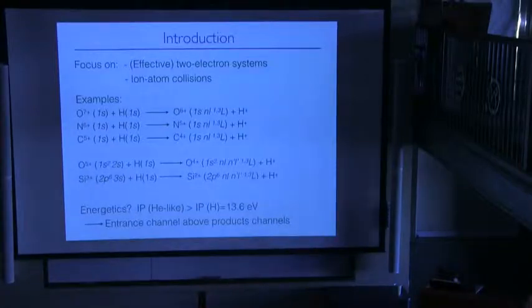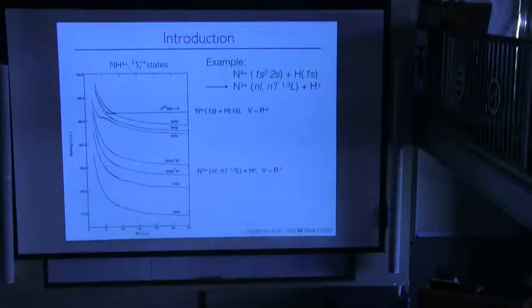And a very general observation is that since the ionization potential of helium-like ions is larger than that of hydrogen, the entrance channel here is always above the product channel. So here is a typical example for NH4+, corresponding to this collision between N4+ and H. And you see the entrance channel here, N4+ 1s plus H 1s, and then you have all the product channels that are located below. So you will enter here, there is some avoided crossing,